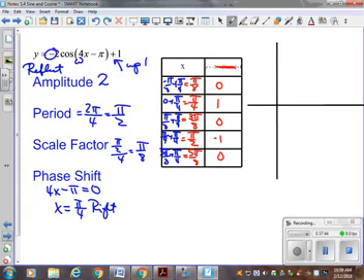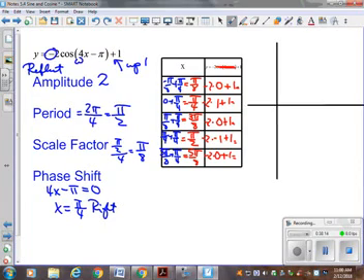So you're doing negative 2 times this plus 1 on each one because that's what's outside the trig. So anytime you have amplitude and up and down motion, you've got to do both of those operations to the